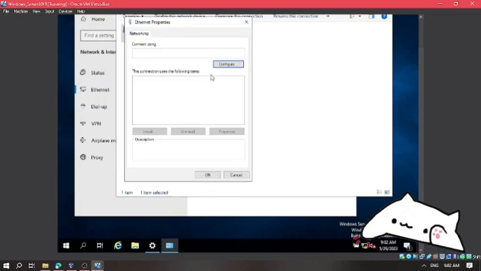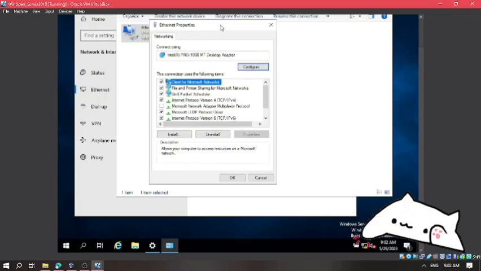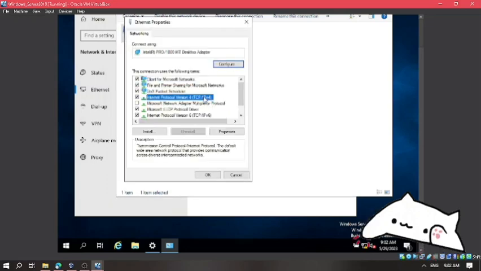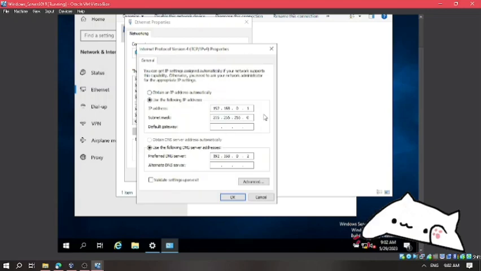Once you're here, wait for it to load and then go to IPv4 and then press properties. It's going to be set to obtain an IP address automatically, but you want to have it set to use the following IP address. And what you're going to do is type